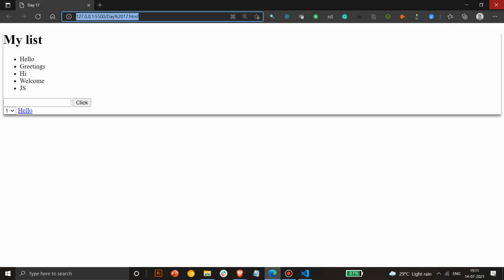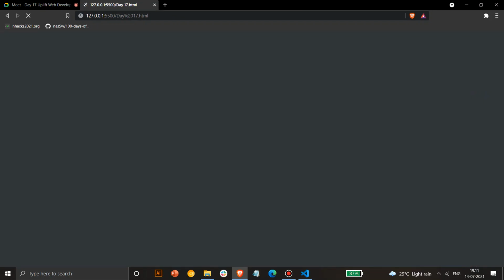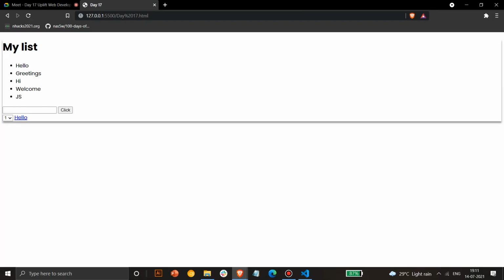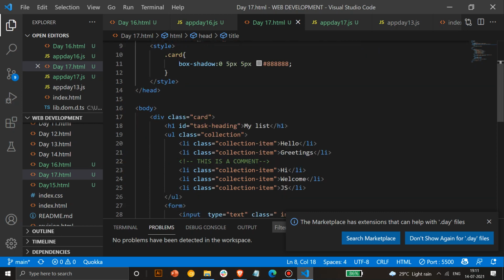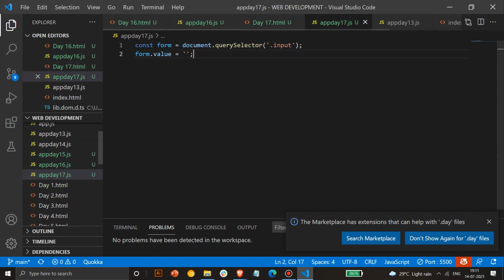So basically, the input tags. Form tag is used for taking input. Yes. Okay. So user input in the form of forms, different types of forms, contact forms, etc. So form is basically used when we have to take input from various inputs, or we have to take various values from input.